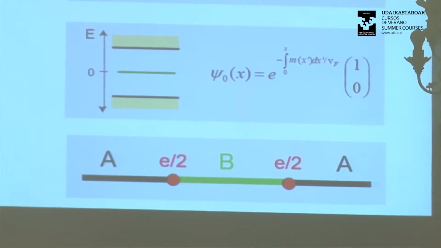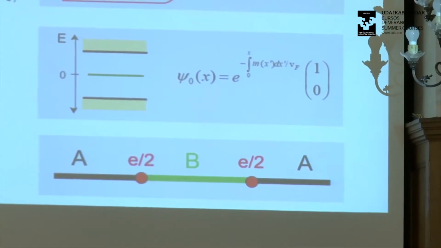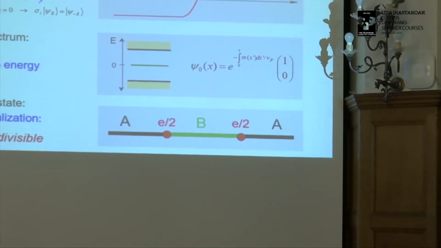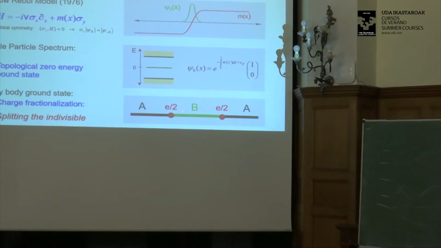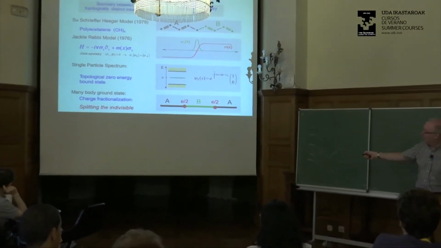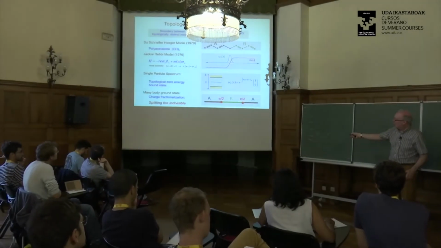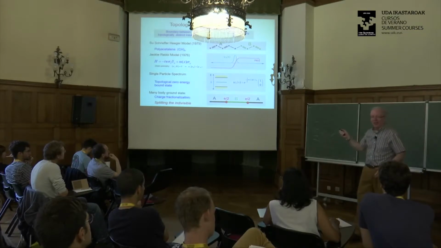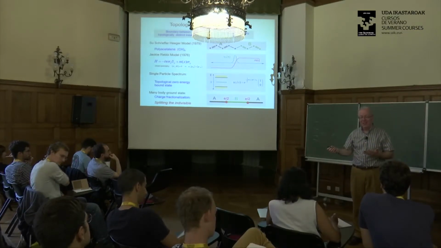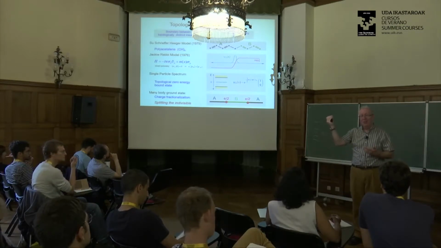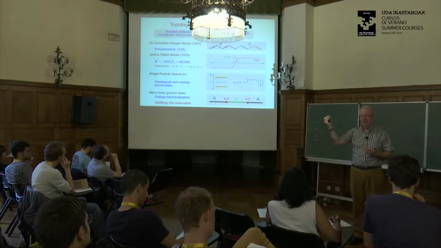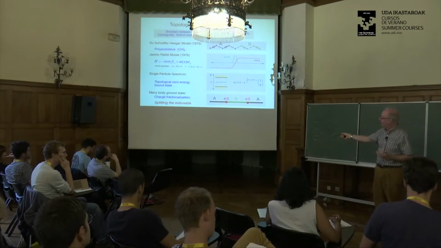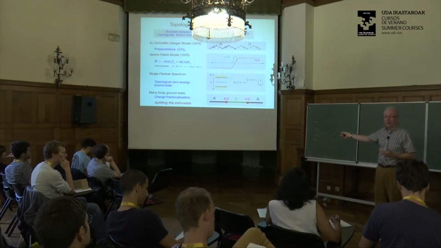And so what that means is that changing the topological phase is a way of splitting an electron in half. You can imagine you start in the A phase, and I add an electron, and then I can nucleate a little B phase, and two domain walls move away, and that charge splits in half. This is something that topological phases can do: they can take things which ordinarily are indivisible. You can't cut an electron in half. But here you can, because you can put it on the boundary between two topological phases.